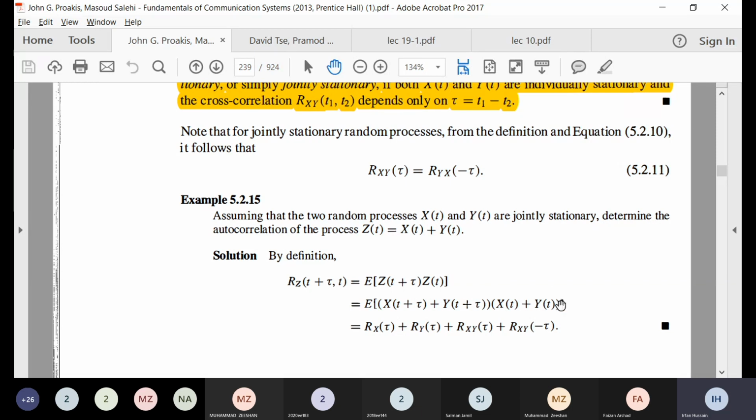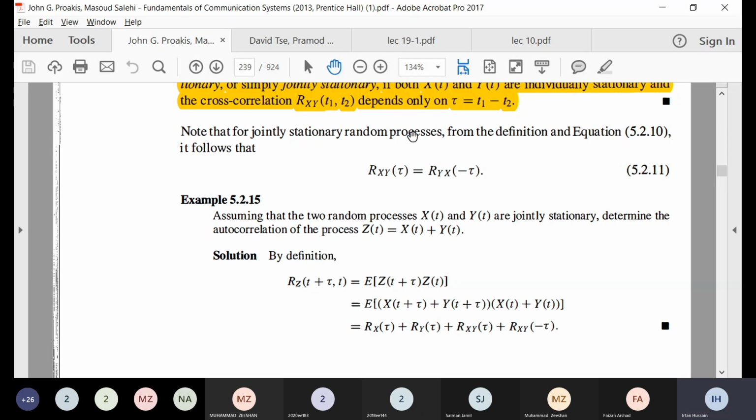This will go with this. This will be the cross correlation of rxy. The difference will be tau, because they are also jointly stationary. This with this, it will be y with tau, ry with tau. And what will this thing be? This will actually be ryx of tau, but I can write ryx